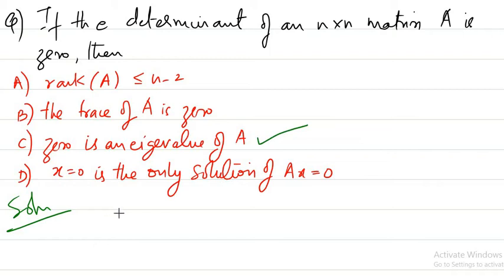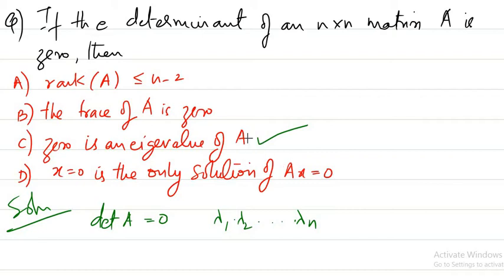Now if you take this lecture and the previous lecture, it is maybe clear to you that this option is true, because we are given determinant is 0. Determinant of the matrix is given to us as 0, and we know it's equal to product of eigenvalues, right? And if determinant is 0 and it's product of some numbers, then at least one number has to be 0. That means 0 is an eigenvalue of A is a true statement. So for singular matrices, always 0 is an eigenvalue, but we cannot tell anything about the algebraic multiplicity. It could be 1 or more than that, maybe up to n, right? Yeah, so now that option is true.